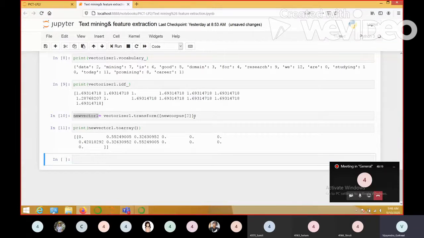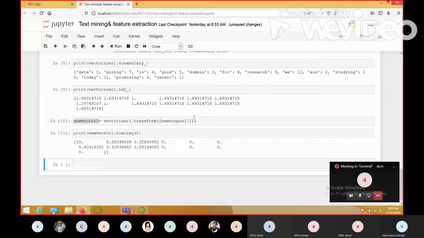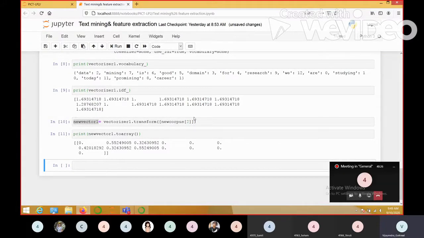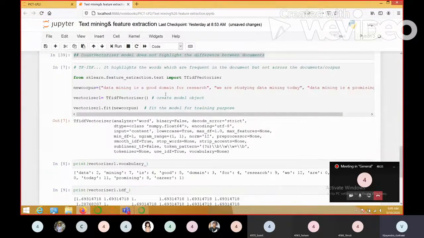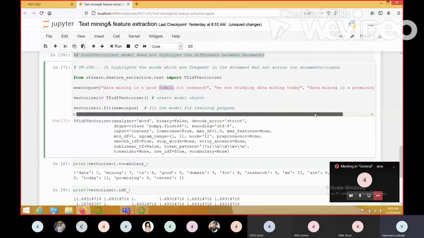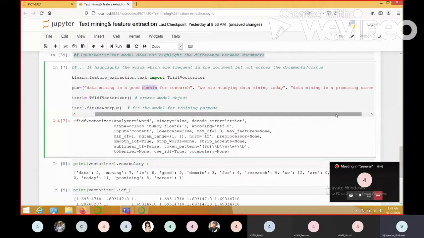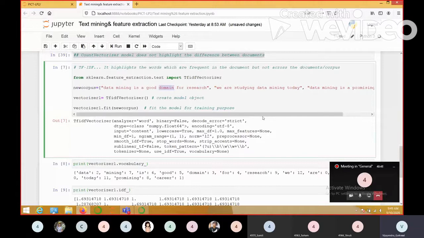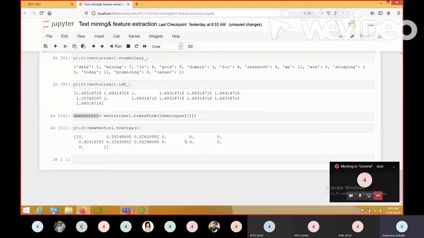Whichever words we have in the corpus, if any of those words is not appearing in my third document, for example the word domain in my first document, which is not appearing in my test document, naturally, if there is no match, I will get a value 0.